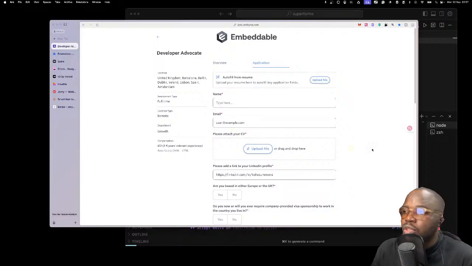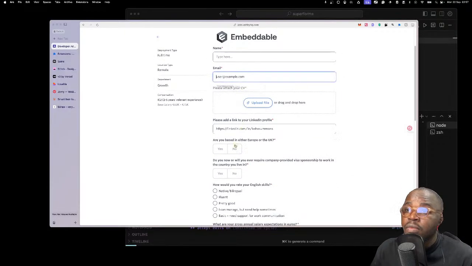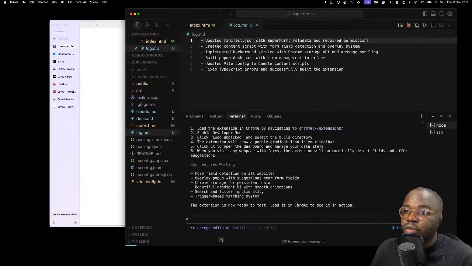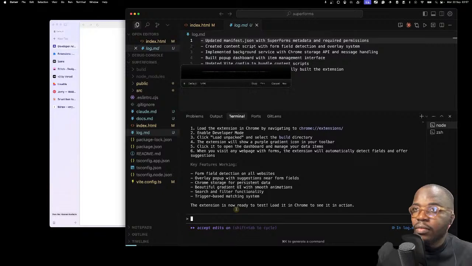So there is an issue. Let's fix it. So what have we noticed? When a form field is filled, or there's an item in the field, we should not show the suggestion at all, right? Another thing is, how do we handle files? Okay, so let's fix that.